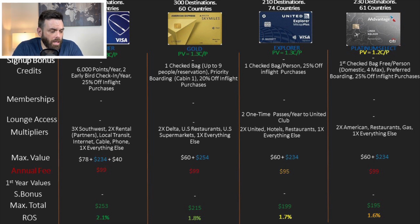On the Delta Gold, we only get the one check back really and nothing else, and the multipliers, and that translates to 1.8%. The United Explorer, we don't have the credit that we had at the beginning. It's now the second year. We don't have the TSA Pre. So we only have that 2-time passes for the United Club that I am not calculating in this because